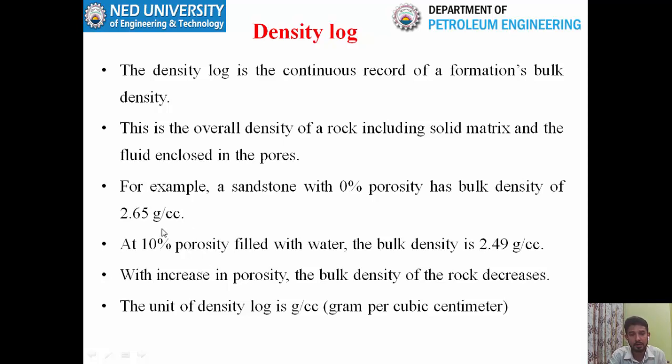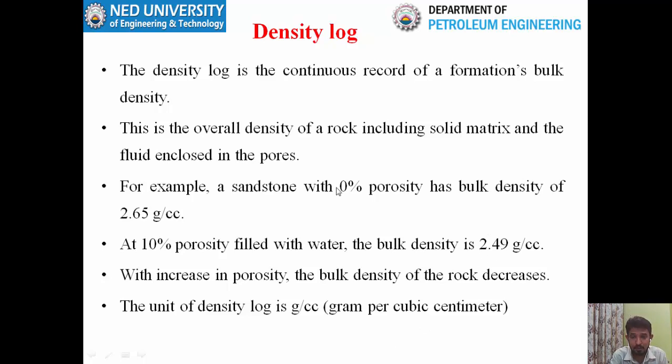Obviously, if a 10% porosity sandstone is filled with gas, the bulk density of that sandstone will be lower than 2.49 gram per cc, because now that 10% porosity is occupied by gas, and gas has much lower density as compared to water. So bulk density is a function of porosity and the fluid content. Similarly, a 20% porous sandstone filled with either water or gas will have lower density as compared to 2.49 gram per